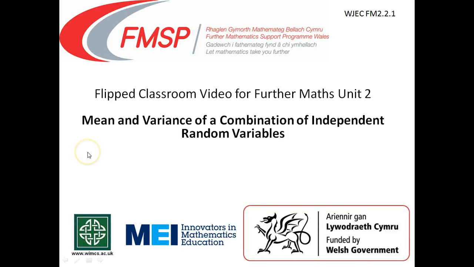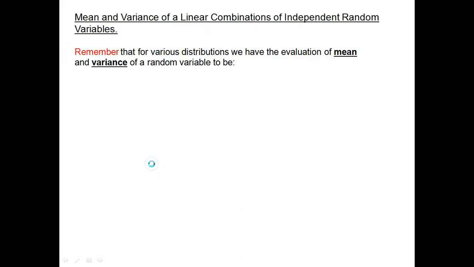Classroom video for Further Maths Unit 2, Mean and Variance of a Combination of Independent Random Variables. Remember that for various distributions we have the evaluation of mean and variance of a random variable in